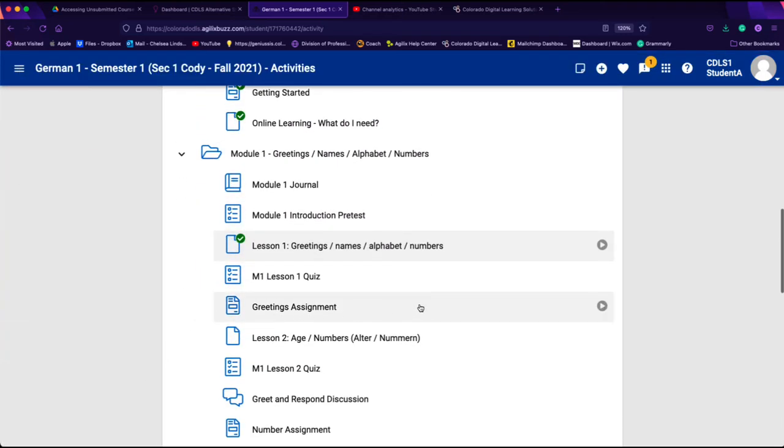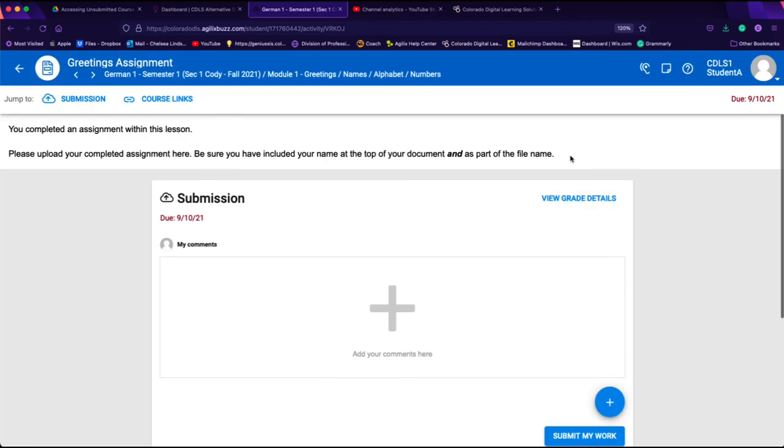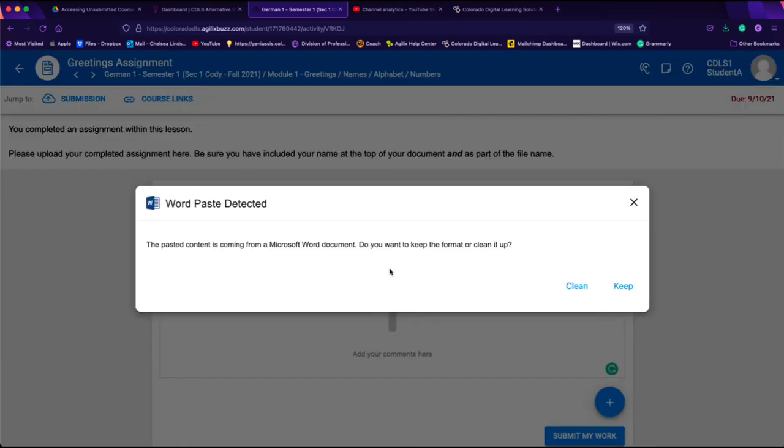Here is the assignment that gets attached to this greetings assignment, okay? So when you click on that, it's going to open up what's called the Dropbox. So you can click right inside this Add Your Comments Here box